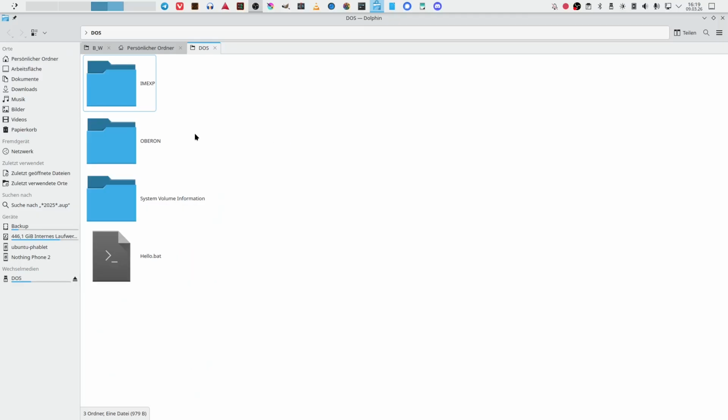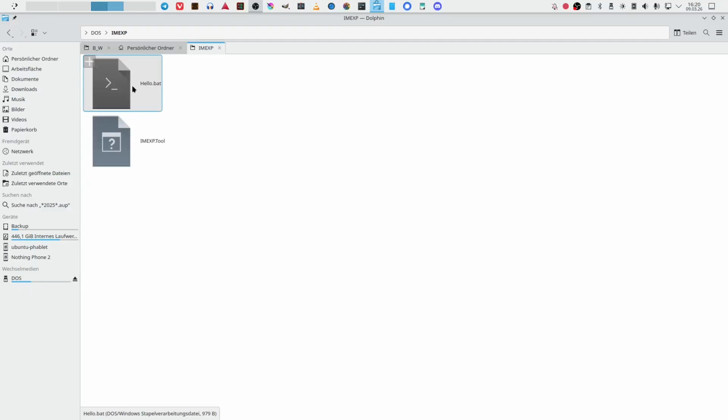I use very big symbols here because I was working with pictures in my directory, and I increased the thumbnail size up to a certain degree, and this is the reason why the symbols of these directories are so big. So we go to imxp and we see hello.bat and imxp tool. So basically we also can of course take a file and put it here